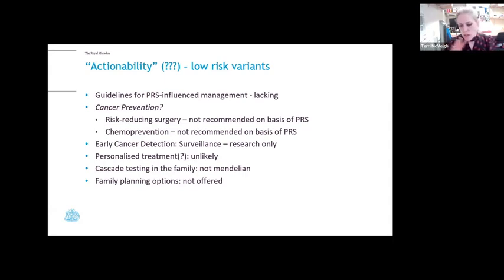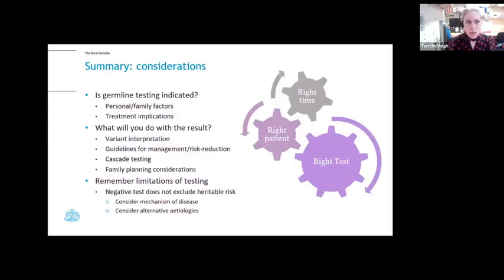Family planning options, no way. It's just not technically possible at the minute to offer pre-implantation or prenatal testing for polygenic risk. Watch this space, who knows what will happen in the next 20 years. So just in summary, sorry if I've gone slightly over time,